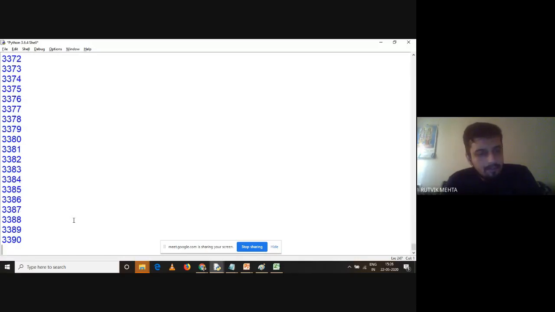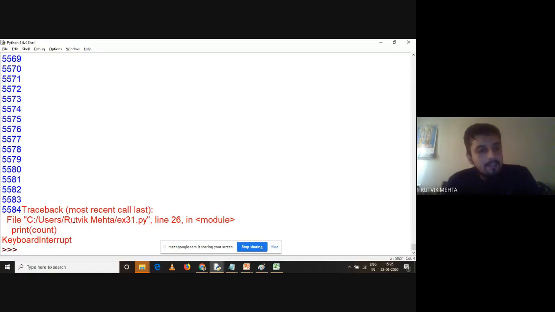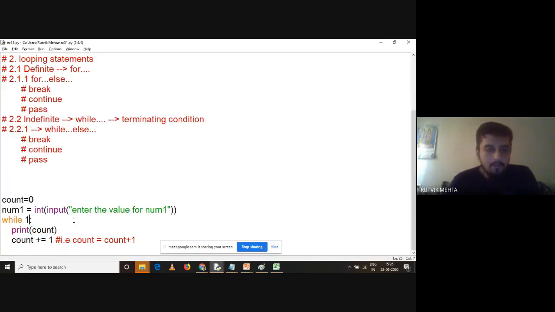But if I want to stop this in between, how can you stop this, right? Sometimes it happens that we have accidentally typed a condition which will run infinite times, and we want to stop it. To stop this kind of thing, we press Control and C together. When you press Control and C together, this is known as keyboard interrupt in Python, right? So when I press Control and C together, you can see it is giving me keyboard interrupt. We have produced keyboard interrupt over here to stop our program. So this is how you can stop your Python program if it is running infinite times, right? So this is a very simple example of while loop.